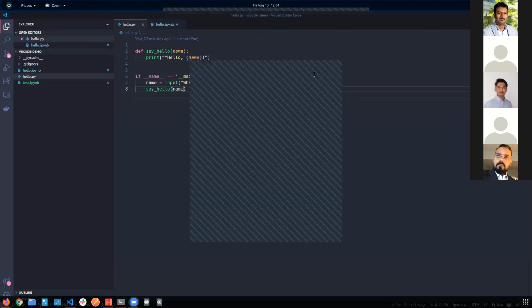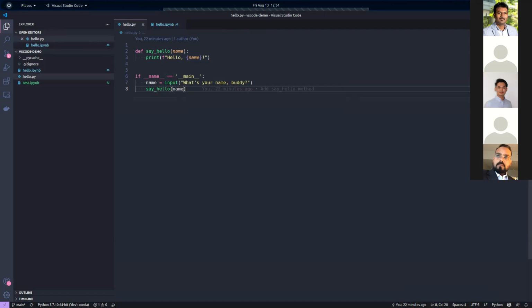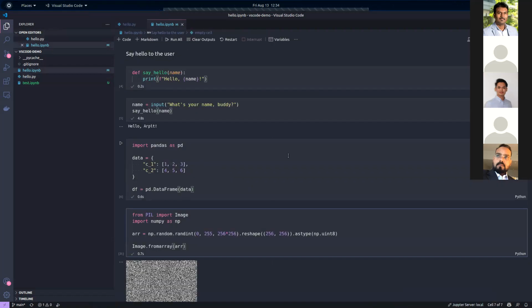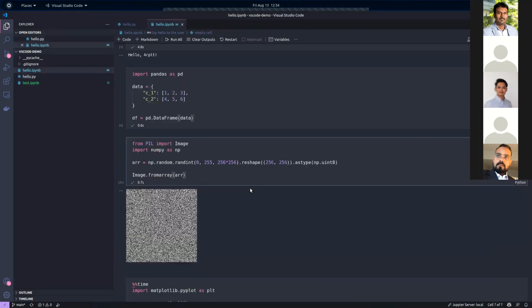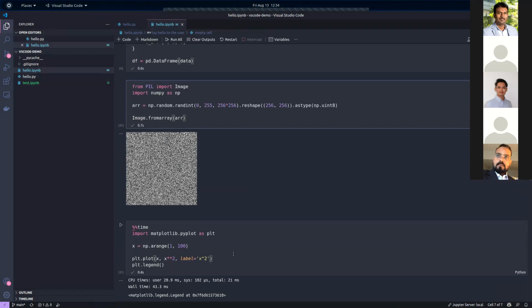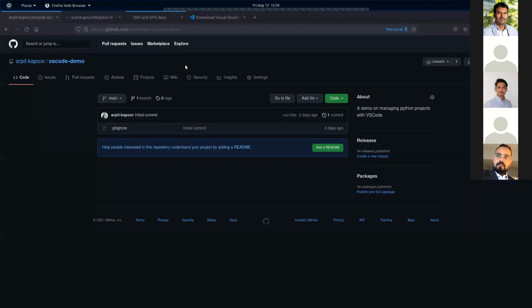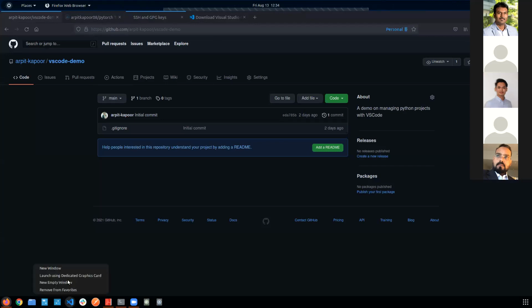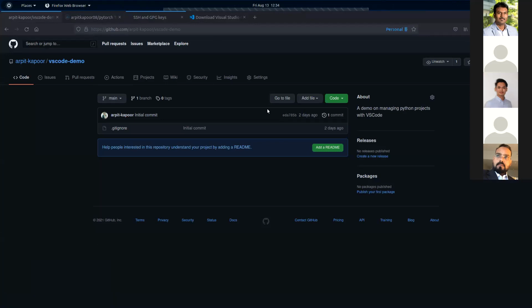So I'll just move on to a more realistic example, right? This was just a dummy problem, and even the notebooks were pretty basic compared to what you usually work with. So I'll take an example of a machine learning project that I am currently working on.